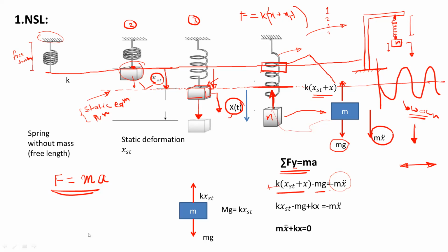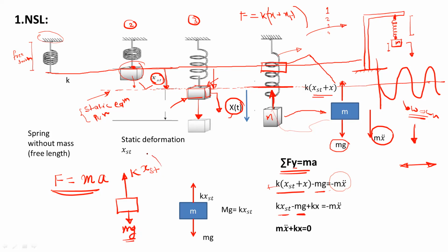So here I have cancelled two terms. One is this minus mg and this k into x static. So what is the meaning? In the static equilibrium position, the complete system or mass is stationary. It is not oscillating. As the mass is stationary, that means the forces must be balanced. So what are the forces in the static equilibrium position? This is the spring force, which is K into x static. This is the deformation and K is the spring constant. It must be balanced by the mg force, that is the weight force.